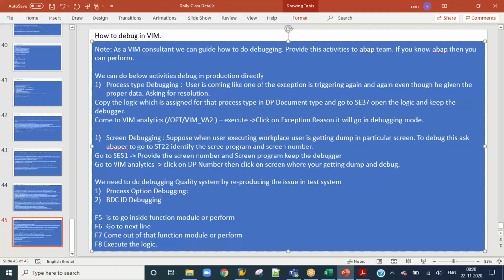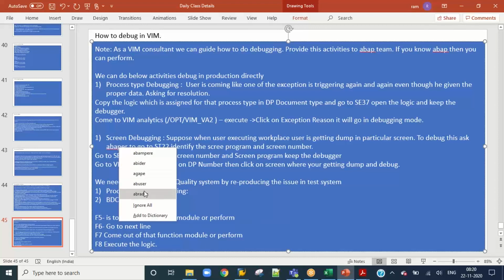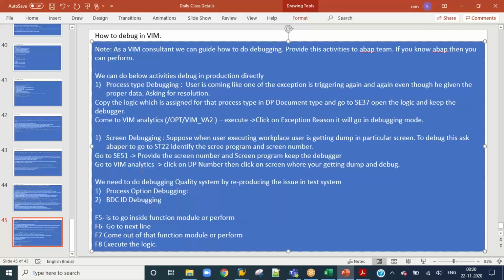If a user is facing some approval workflow issue, then the approver class can be debugged in the production system. Approver class you can debug, there is no issue, but you do not click on approve. Otherwise, you better ask, because a data problem will come. This is like a critical activity. Usually, if the next approver is not being determined, then it is due to